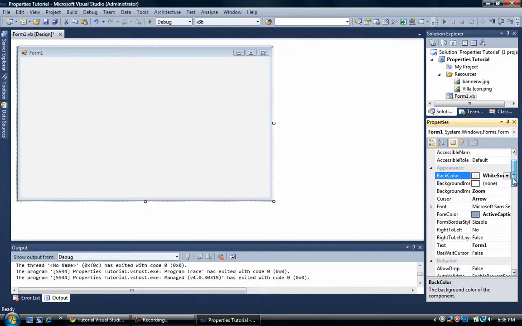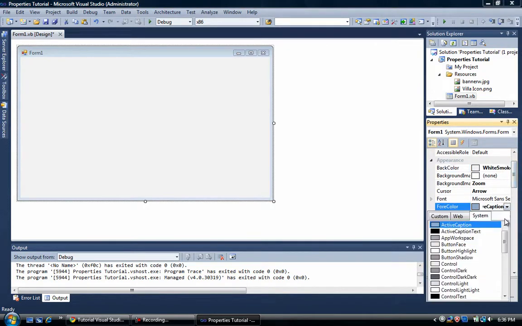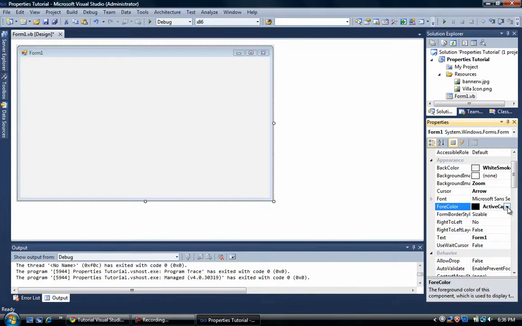Okay, so I'm not sure what this does. I don't pay attention to that, because it's never really that important. But it's just good to know that you have it, right? Okay, so form border style is the size, which means would you want them to be able to size it like,